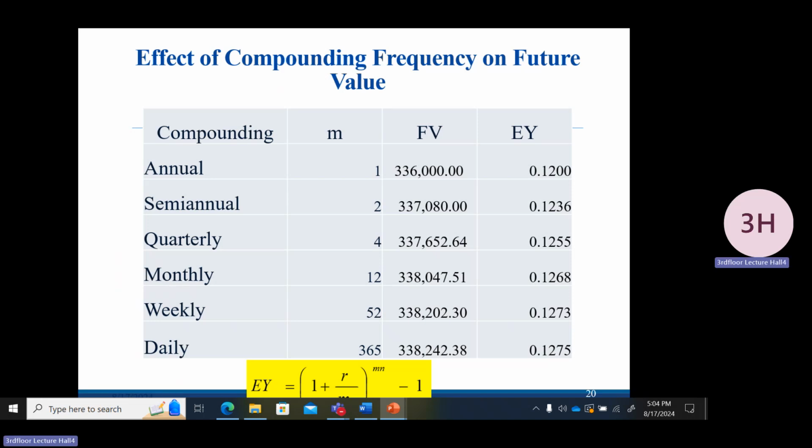I think now it is clear. Right? Any question? The next one is continuous compounding. What is continuous compounding? Simply